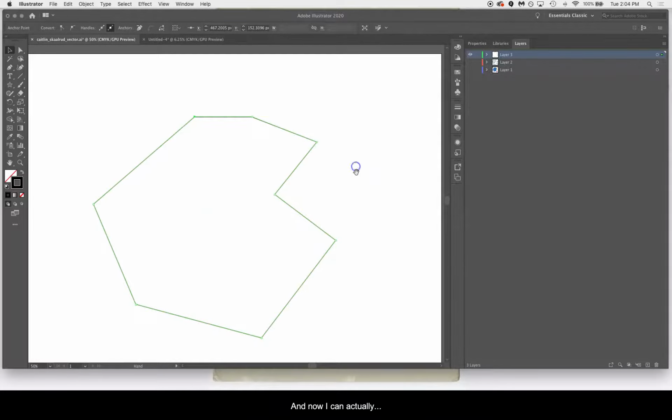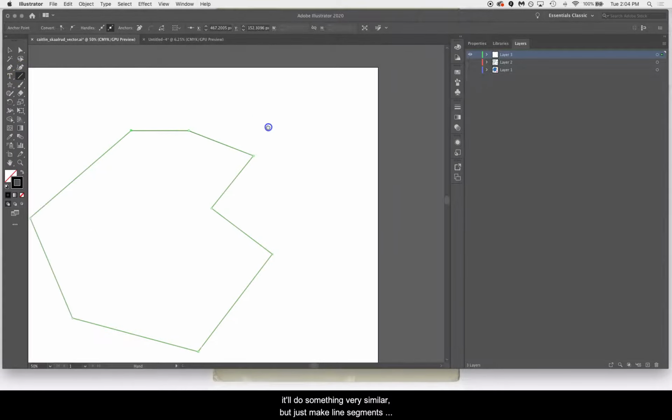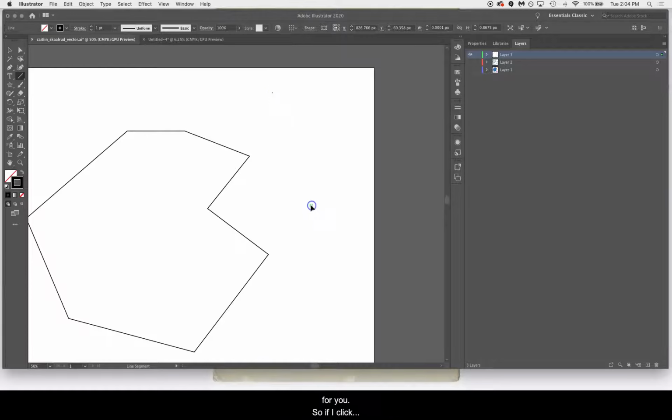Now let's make a few more shapes. The line segment tool will do something very similar, but it'll just make line segments for you. If I click and drag, you'll see it's making a preview of the line I'm going to draw. Now I can click V to set it. Now I just have two anchor points with a path in between. Since this is a line, it doesn't really have that preview box around it. So if I click this one,